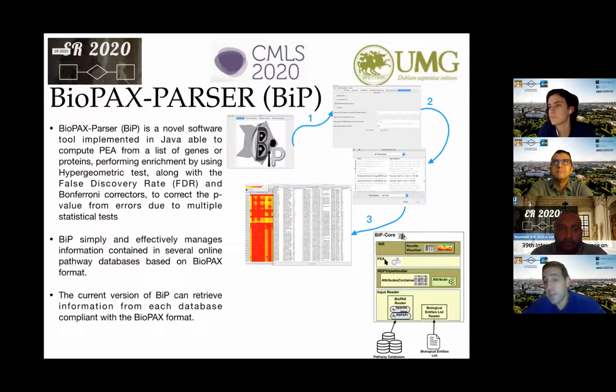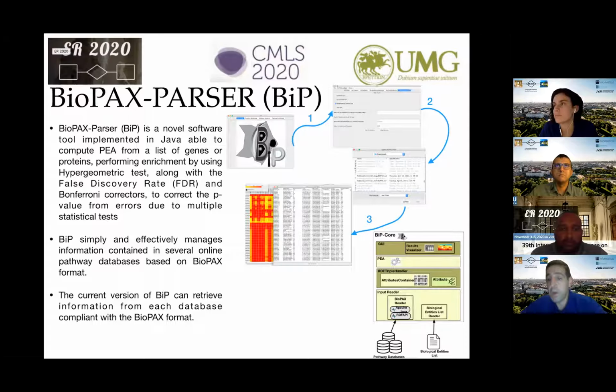And here is the summary of the architecture. The architecture of BiP is modular, where BiP core is the main core that interacts with the user and acts as controller for the submodules. In particular, we have two different input readers, one compliant with BioPAX and another to read and translate the biological entities. This is done in parallel by using Java